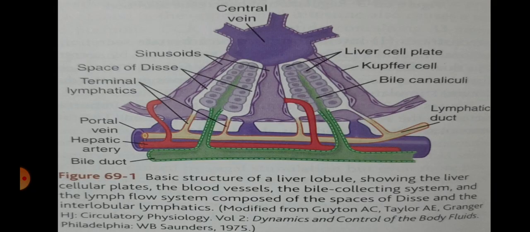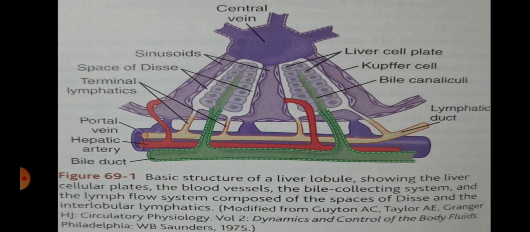The basic functional unit of the liver is the liver lobule, which is a cylindrical structure several millimeters in length and 0.8 to 2 millimeters in diameter. The human liver contains 50,000 to 100,000 individual lobules. The liver lobule, shown in cutaway format in figure 69.1,